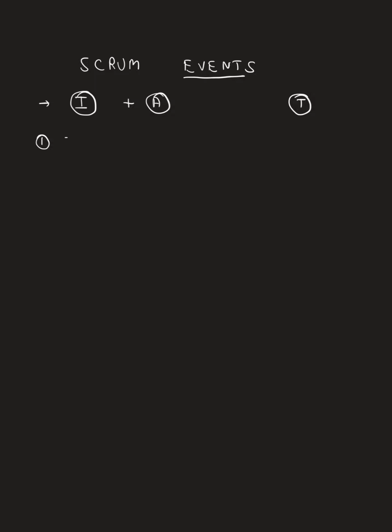First is the sprint. What is a sprint? A sprint is something where you define a time period, and in this time period, you are going to complete a certain number of tasks. So this is a sprint. And I told you in the previous lecture that there are artifacts also, like the sprint backlog. So you need to complete the sprint backlog.